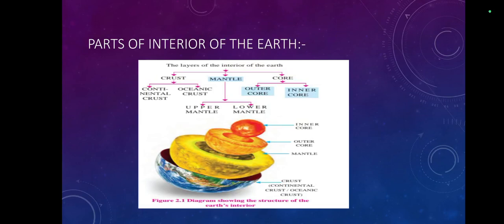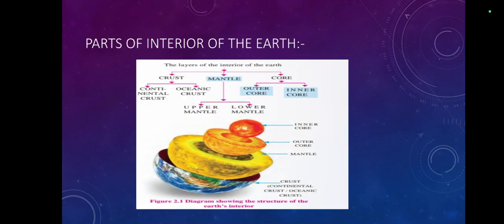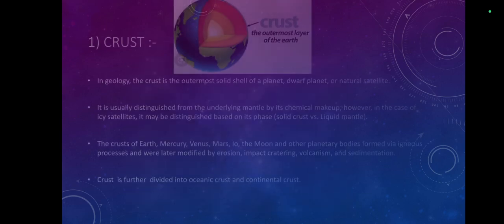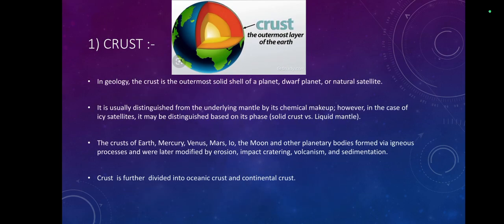Core is divided into outer core and inner core as shown in the diagram. Let's study them one by one. So our first layer or part is crust. Now what is crust? In geology, the crust is the outermost solid shell of a planet, dwarf planet or natural